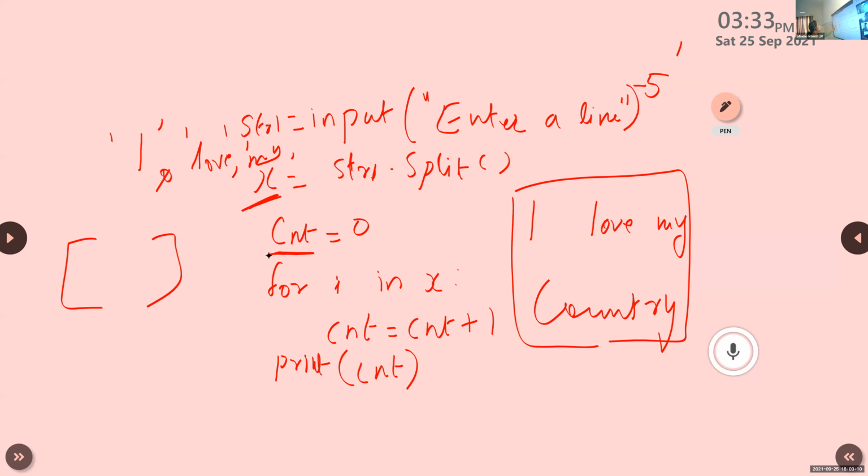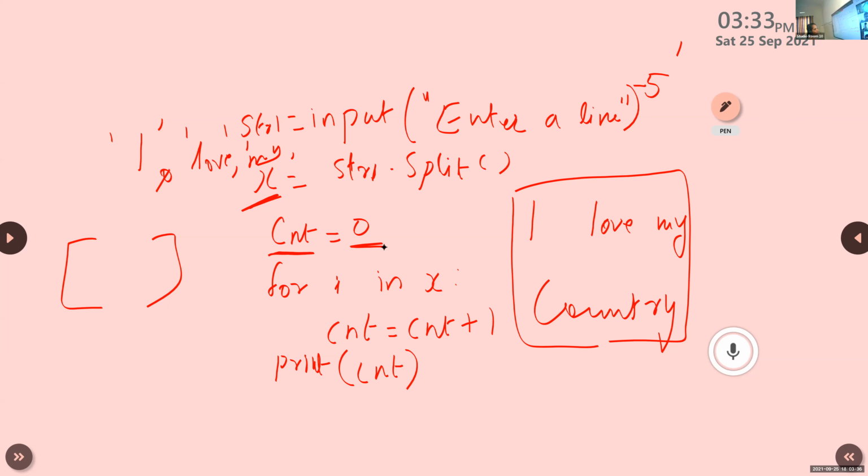To remove all the previous contents present in CNT, we are using this initialization statement. So this statement will initialize CNT with 0 value. After executing this statement, the content of CNT is 0.